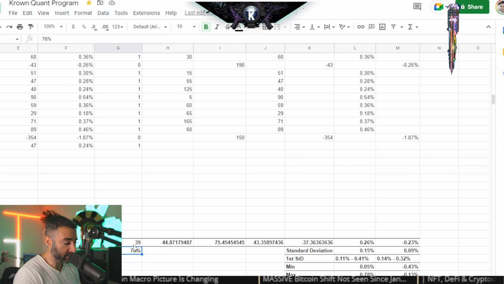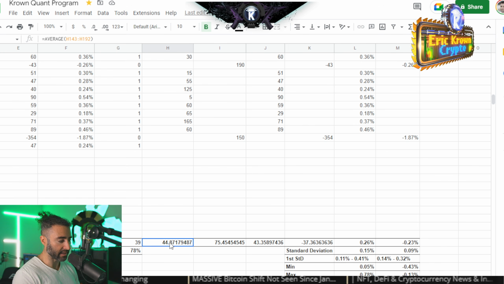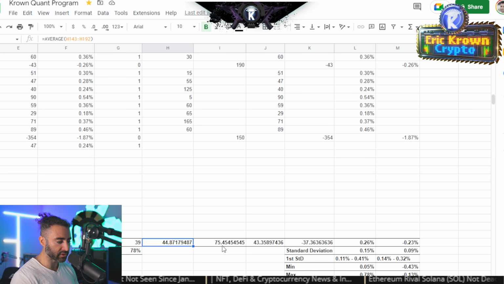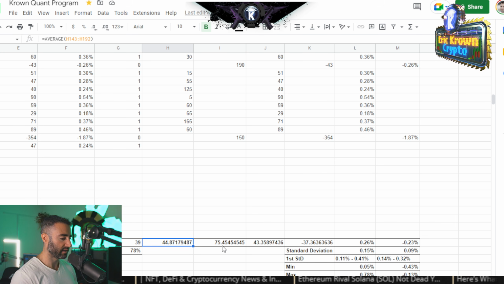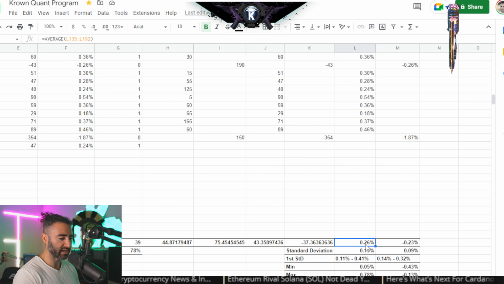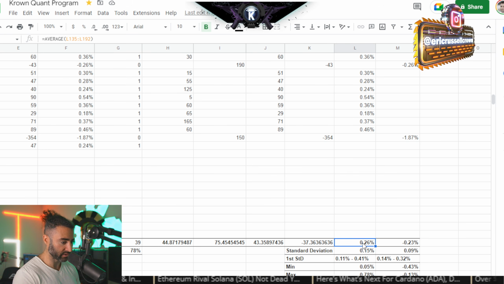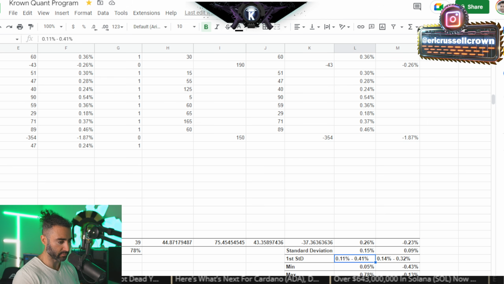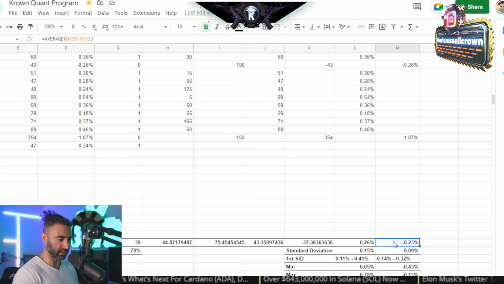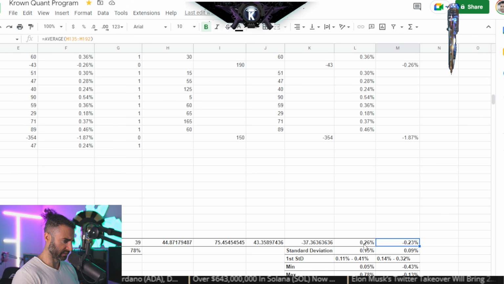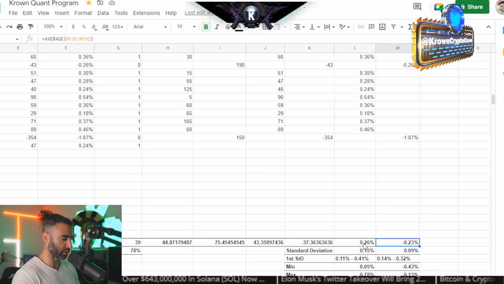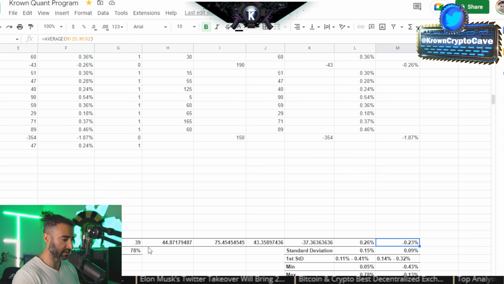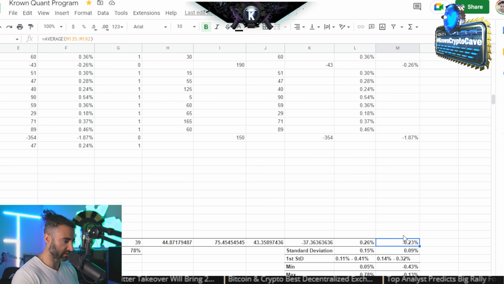39 out of 50 were winners, or 78%. The average time in the winning trades was almost 45 minutes versus the average time in the losing trades was 75.5 minutes. In terms of average P&L percentage, on the winners, it was 0.26. And this is the standard deviation, first standard deviation, min, max. Yes, you get the idea. And then here's the losing category. So actually it has slightly bigger returns for the winners on a pretty high win rate. And yeah, thought that was pretty damn good.